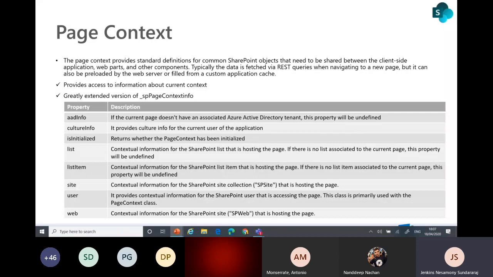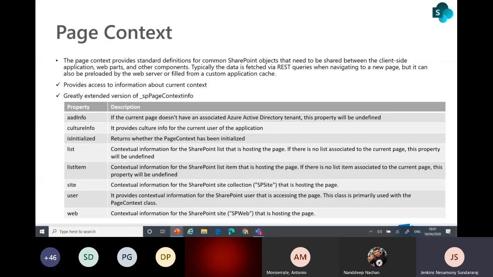We are now in a client-side environment. We are not going to use any server development. For SharePoint Online, the page context is very important to know what permissions you have, what URL we are on right now, and the page context is already created based on which culture info you want.